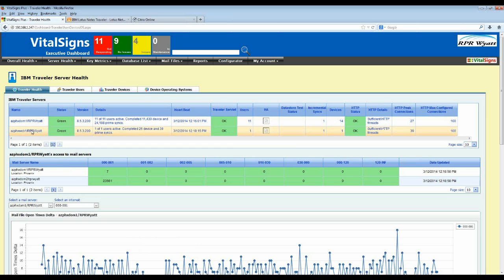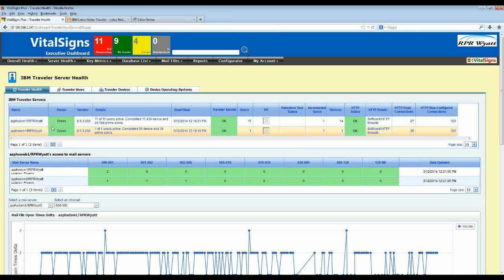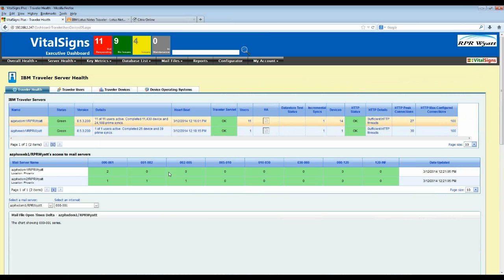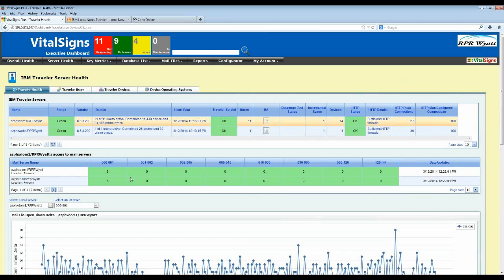You also notice that as I click from one row to another, some of these graphs down below start to change, and some of these grids start to change. So it's one thing to know that your Traveler server is okay, but it's another thing to know whether the Traveler server is successfully communicating with all the mail files or mail servers that it's supposed to connect to. Now in this case, our DOM1 server reaches out to mail files on both DOM1 and on DOM2,